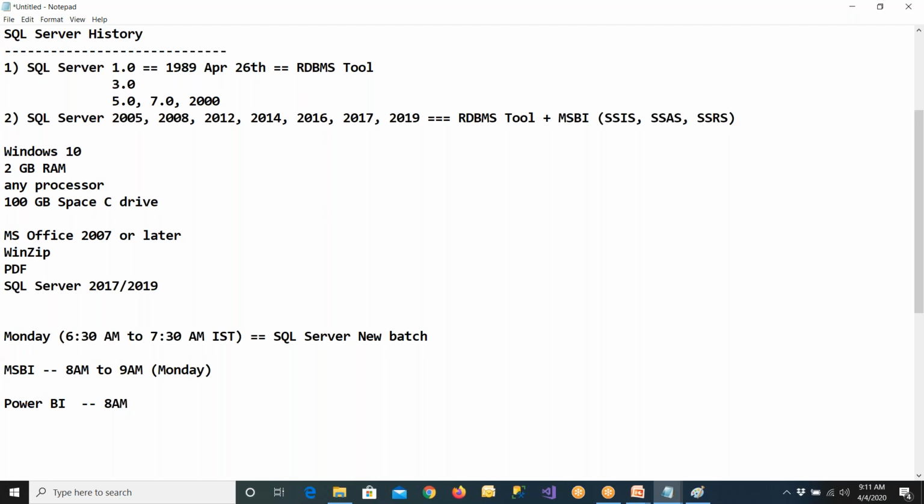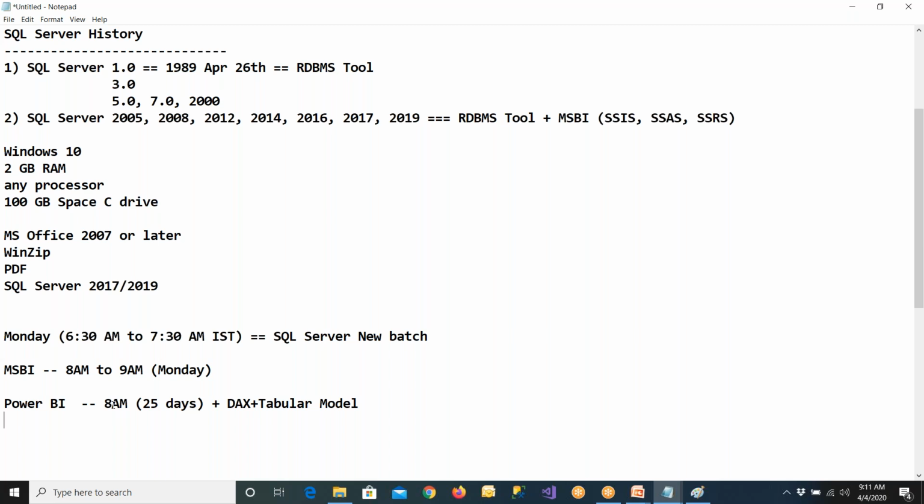Weekend batches are going to start every Saturday and Sunday. We'll have 3 hours each. So this will be for 25 days. Okay, we are going to have Power BI for 25 days with DAX plus the tabular model. So this is what we are implementing. So Power BI is also starting, and we are also having Tableau training, and we have other trainings such as data warehousing, modeling, and SQL Server development, SQL DBA, and a lot of other courses.